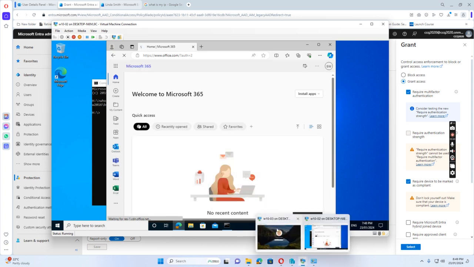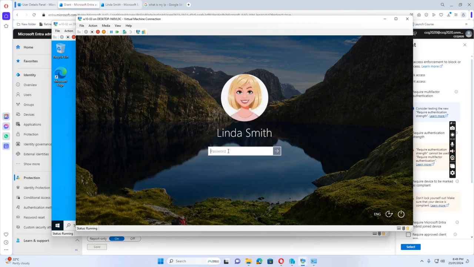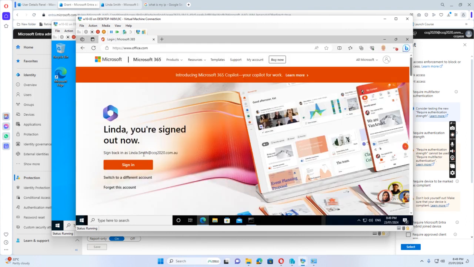But if I log into the other computer as Linda Smith and then sign into office.com,